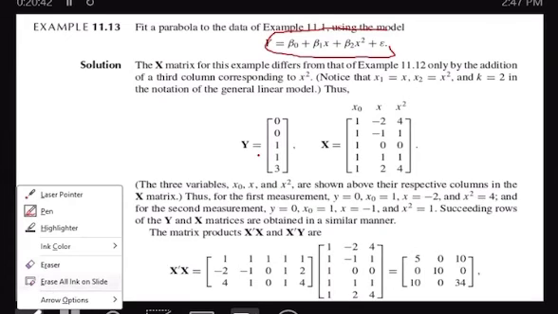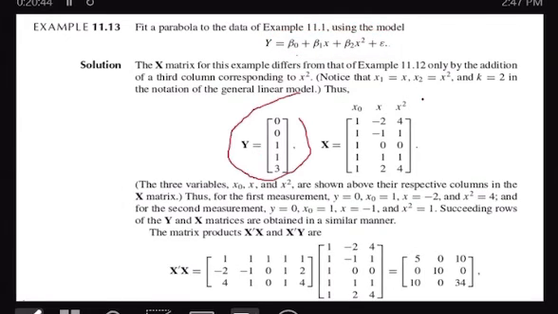This is what you're given. They gave you y to be that, and they gave you this. Can you see that? Can you see your design matrix right now? X0, x, and x squared. You see that, right? Now, when you have all of that, you're still going to use, because this is linear